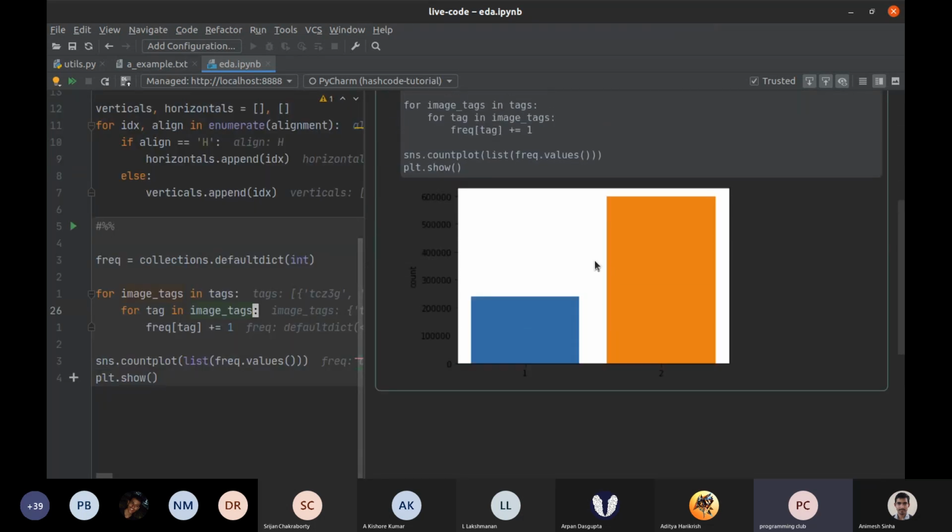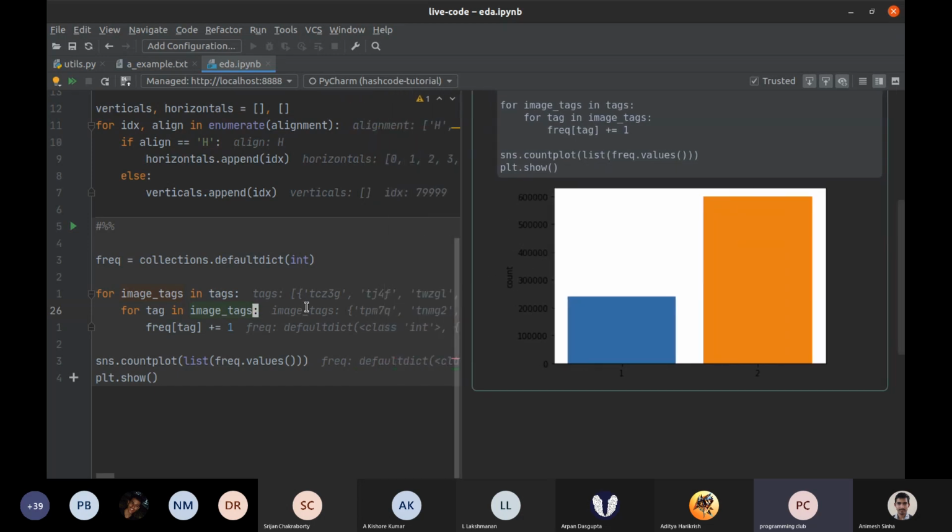So as you can see in this graph, you have the x-axis, which is the tag, different tags, and on the y-axis, I hope I'm getting it correct, is the count.